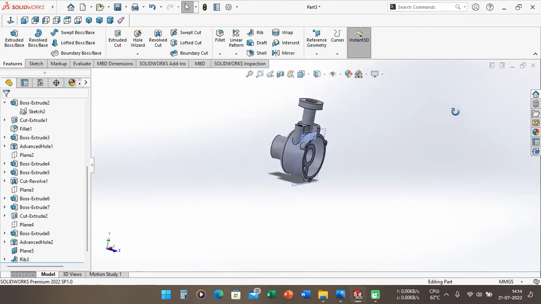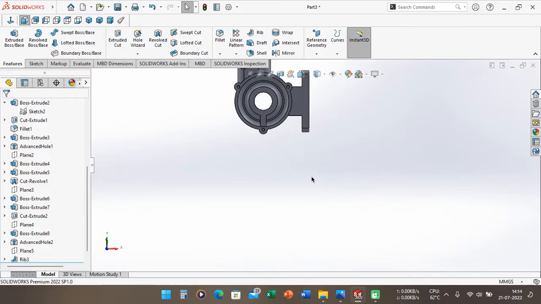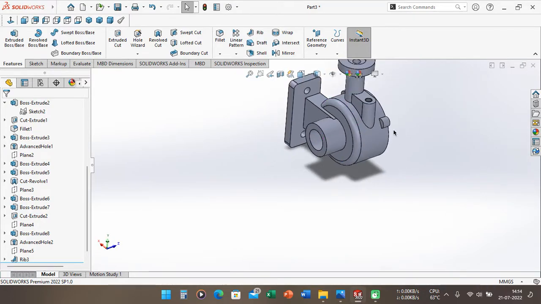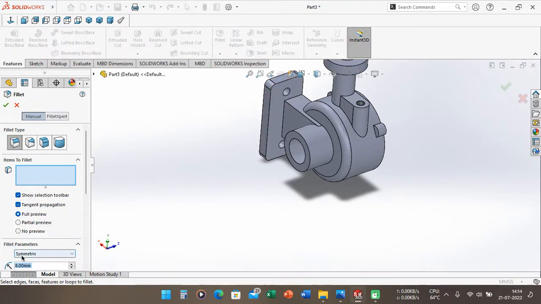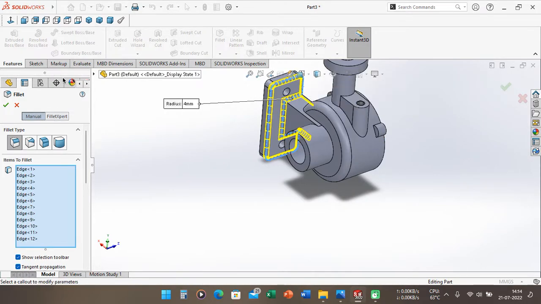After that, we can hide this section, this plane, and we can make the fillet here. And we can select here 4mm here, choose OK.